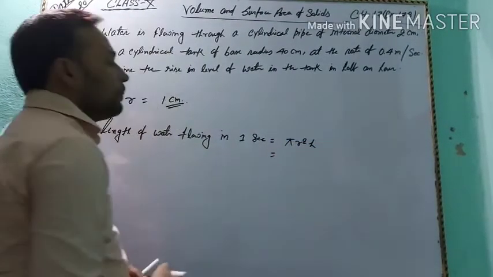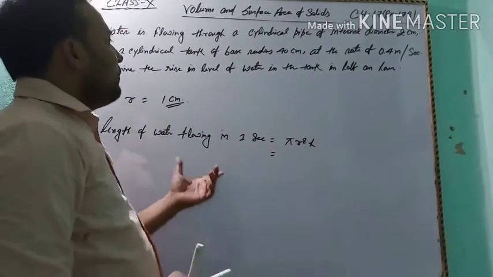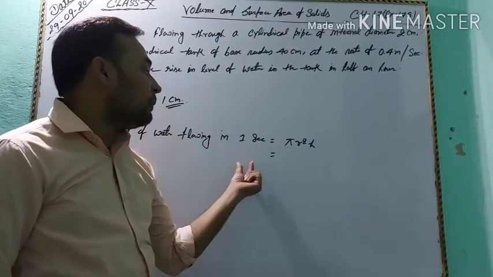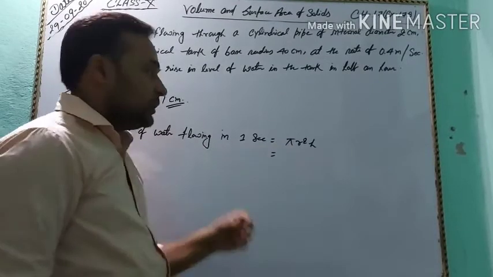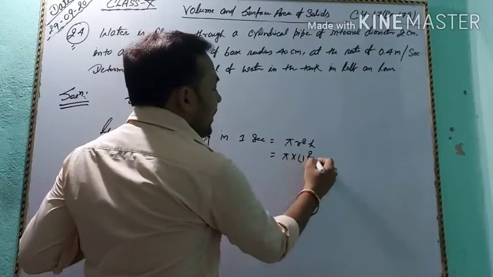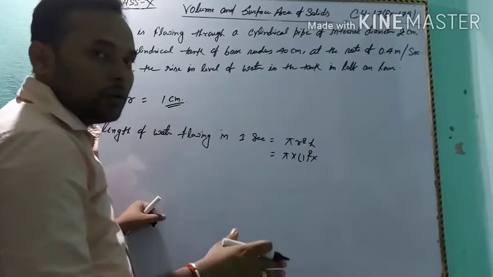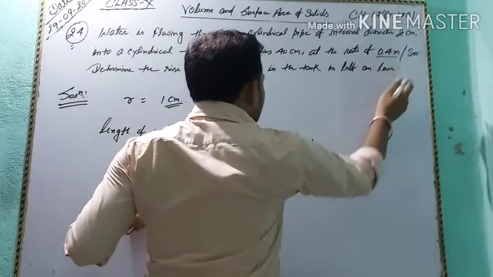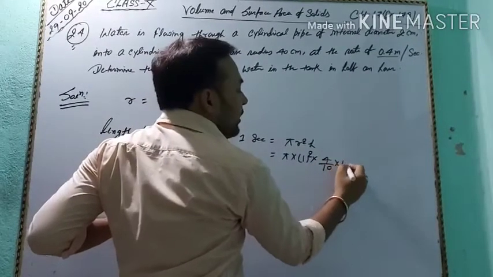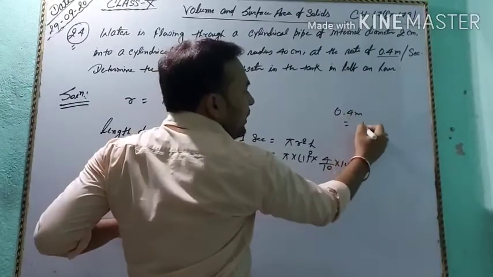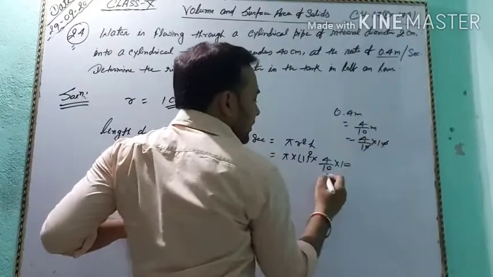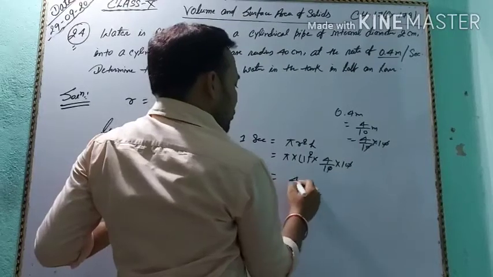ओके, बिकॉज length of water flowing in a cylindrical pipe and the volume of the cylindrical pipe is pi r square h, that is pi and radius is 1 का square and height is the length, that is 0.4 meter per second. तो 1 सेकेंड में 0.4 मीटर, that is 4 by 10 multiply 100. 0.4 मीटर है, इसको हम लोग क्या करेंगे? 4 by 10 मीटर लिखेंगे और मीटर को सेंटीमीटर में बदलेंगे 10 by 100, दैट इज 40 सेंटीमीटर. ओके, दैट इज 40. तो 40 पाई